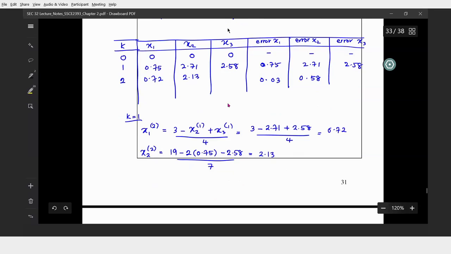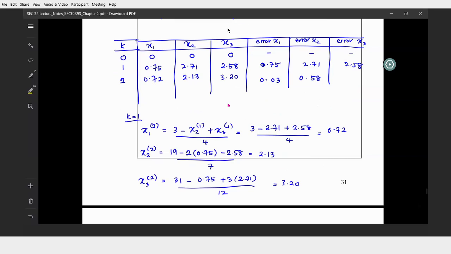So x3 follows the same formula. x3 equals 31 minus x1, now 0.75, plus 3x2, where x2 is 2.71, over 12. So you are going to have 3.20. So you put 3.20 here, and the difference, 3.20 minus 2.58,